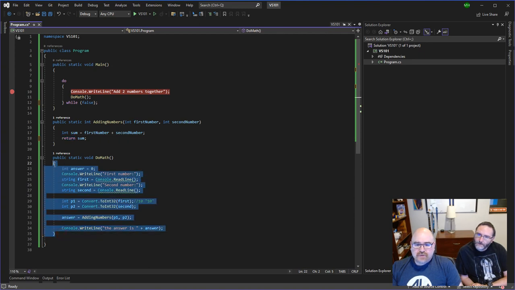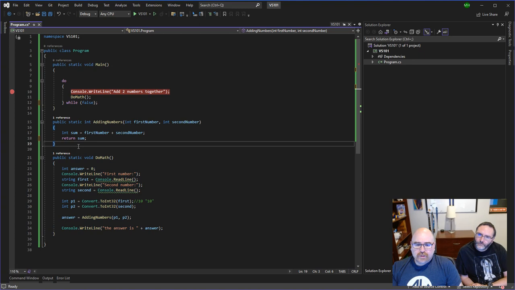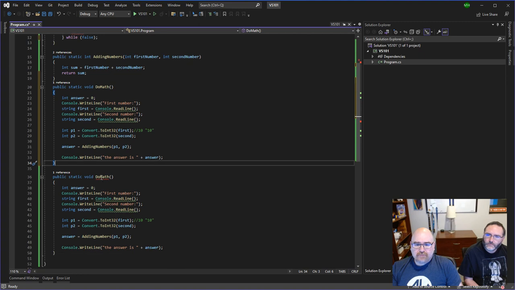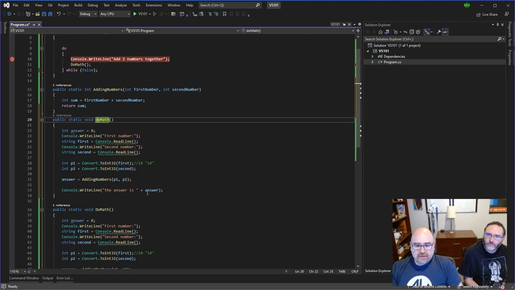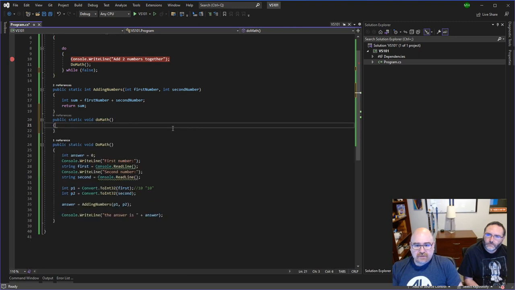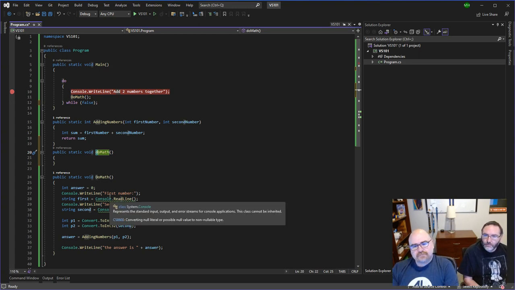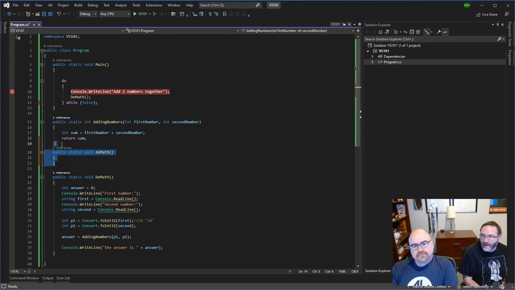Now, here's one of the other things. If we create this, we have a problem because they're named the same. But this, it could be, these are two different methods because they are spelled differently. Yes, because one's capitalized and one isn't. Yes. No two methods or functions can have the same name,